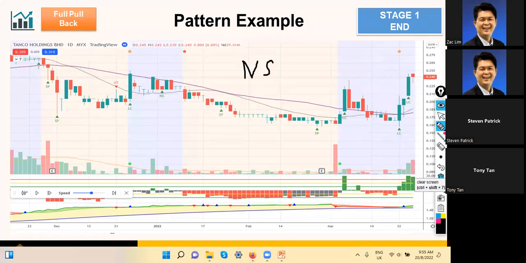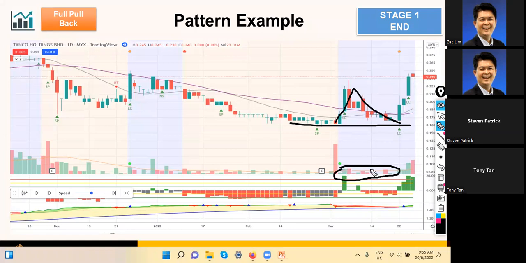the pattern is when you have a pullback of the entire coming down one. Okay, coming down. But the important thing is in pullback theory, the volume at the pullback needs to be very, very low, okay, because every time you have a high volume, that means it is smart money activity, okay. So when you see a low volume but suddenly a high spread, that means sometimes this is not a genuine